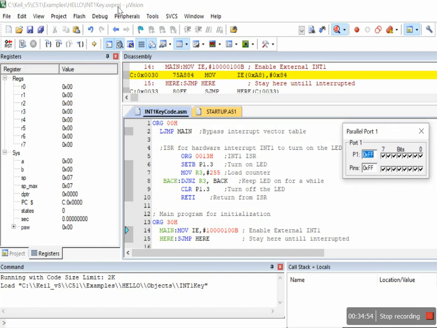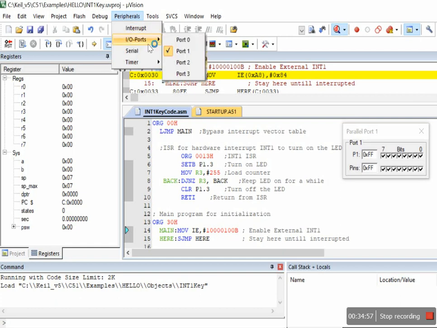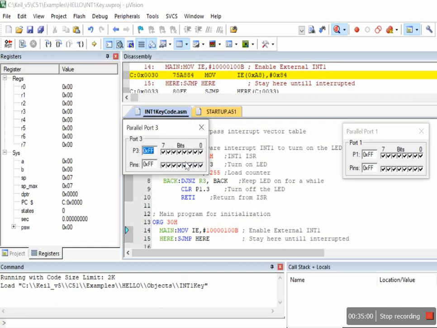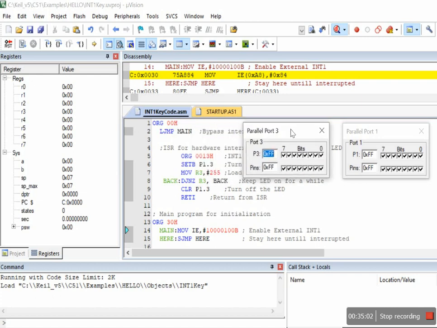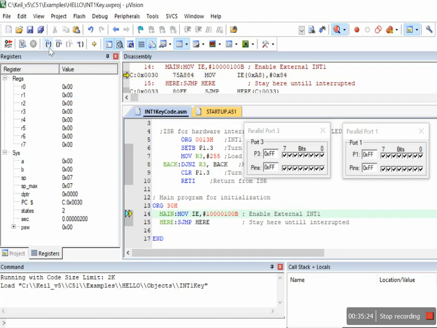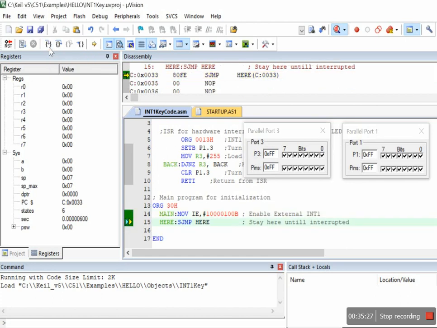But since we are dealing with interrupts, the interrupt is on the third port, P3, which is the fourth port. Resize here and keep them side by side. This is the bit which is for the interrupt, and this is the bit where we have connected the LED. Depending upon the conditions on Port 3, you can go to execute, step by step execution. Execute it. Yes, it is a continuous loop, an infinite loop.